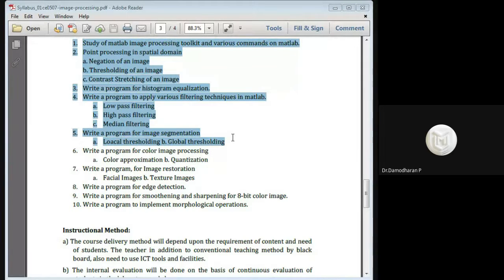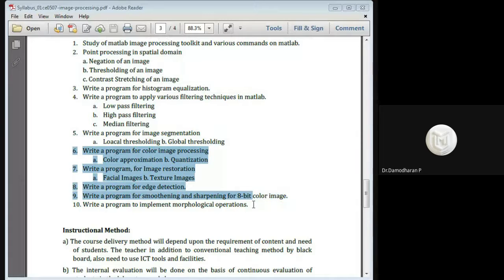The local thresholding gets an input from the user, processes it and displays the image, but in global thresholding, it gets the input from the image itself and processes the output. Up to this point, all the programs dealt with the grayscale image or black and white image. The next five programs deal with the colored image.